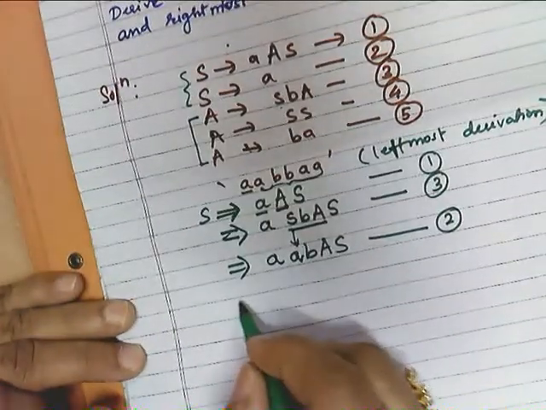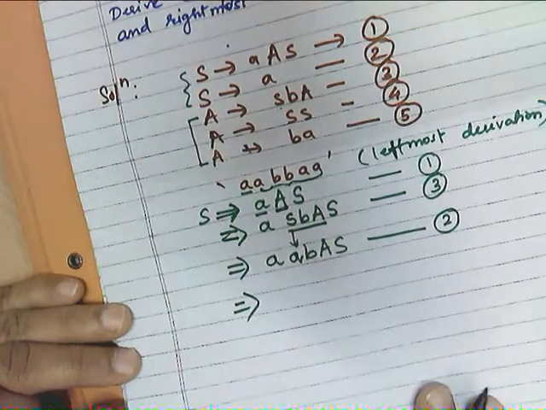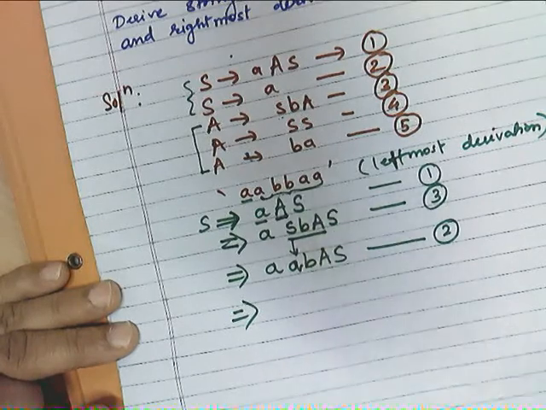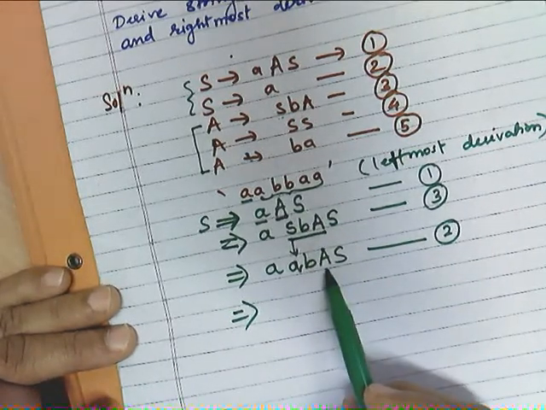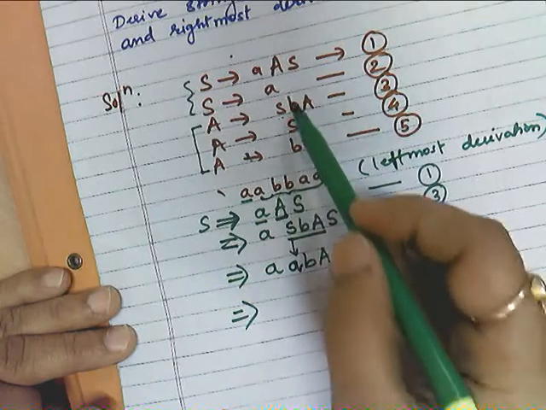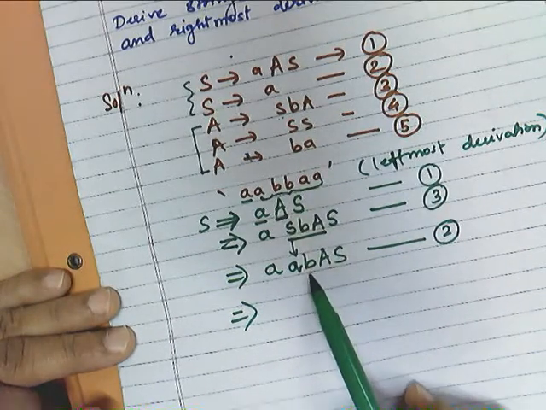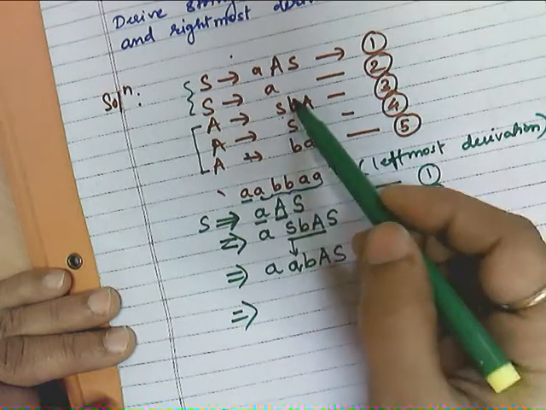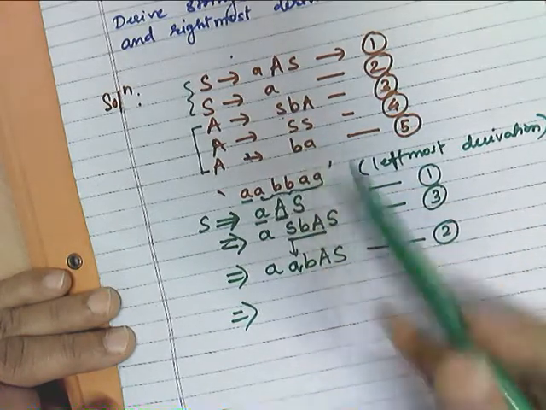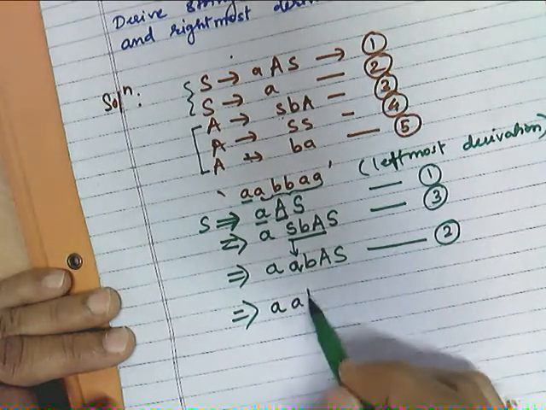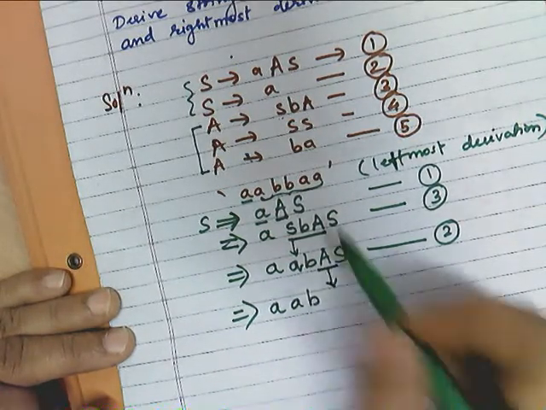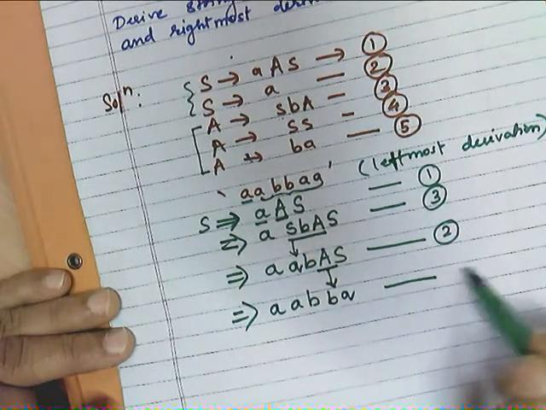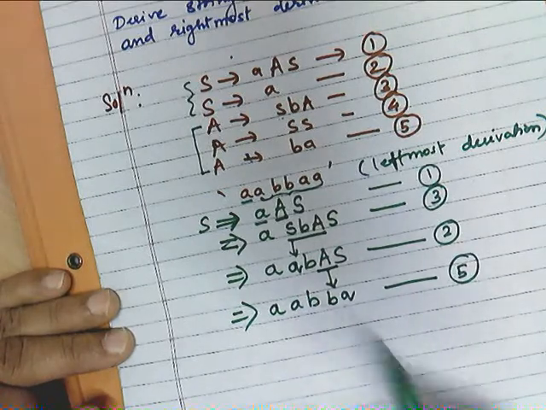Next, are we approaching our requirement? So B. Now we want again BAA. So again we are getting the non-terminal which is A. So again we have to choose a suitable one. So B we have already got. We want the second B, right? So the second B is possible only with this particular rule. So I will write B, and for this A we will be having derivation as BA, using which rule? Rule 5.